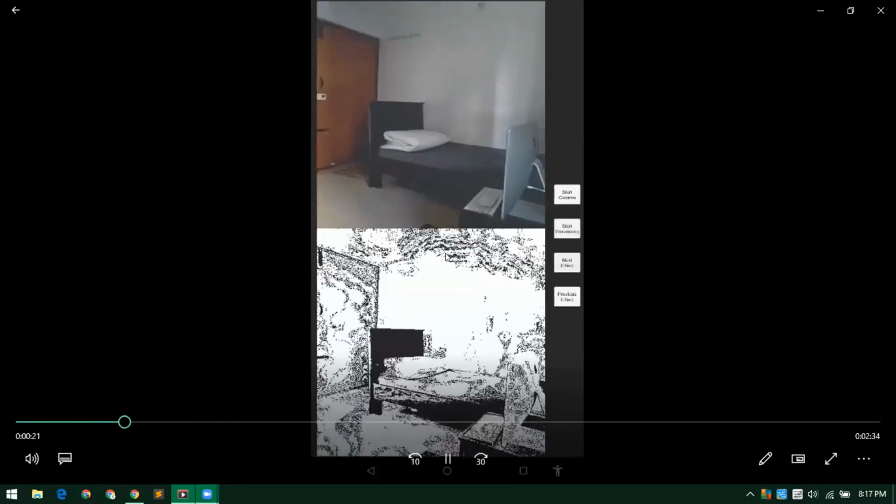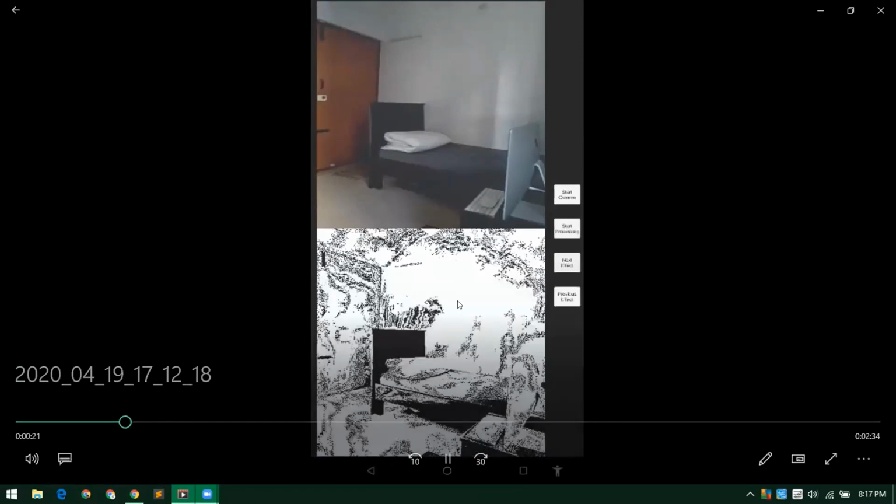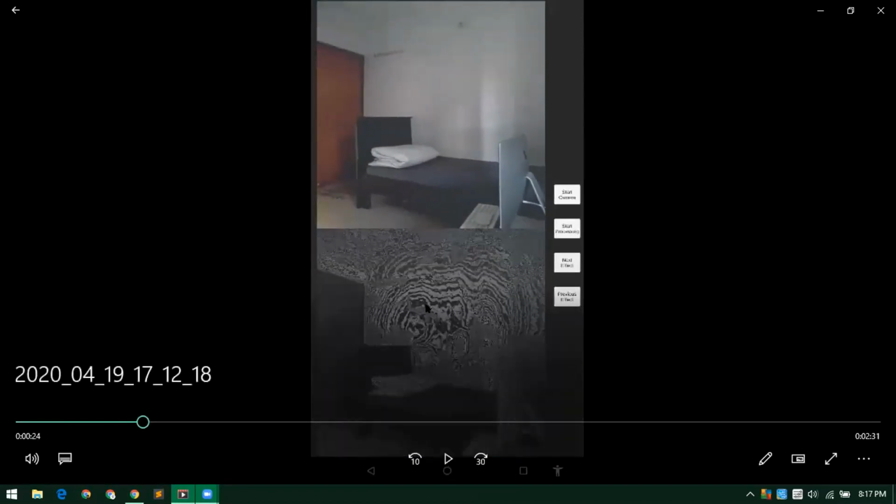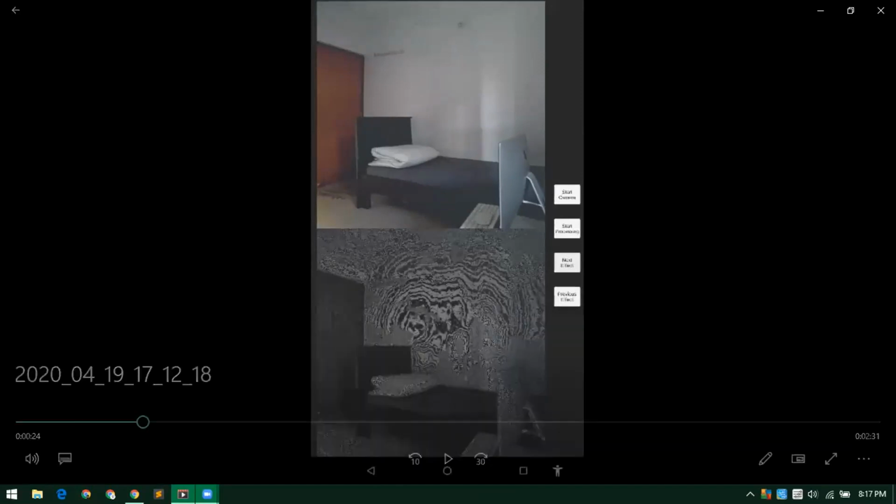Right now, we have created our own filters in OpenCV to segment the wall. Like you can see, we have applied this filter and we are showing the output in this window. So this is the main filter which we are using. Like you can see, a plain wall is also showing so much of features after applying our algorithm.